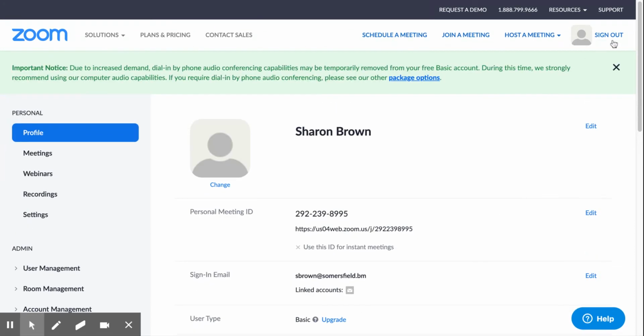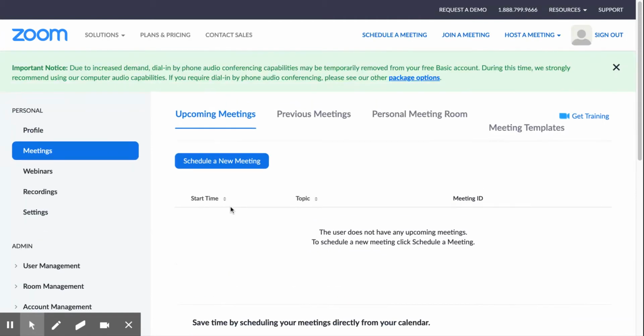Once you've signed into Zoom with your school address, you can see over here this area called Personal. And this is where you're going to set up some of the permission settings to do with your video conference. So if we look at this one here, when we go to Meetings,